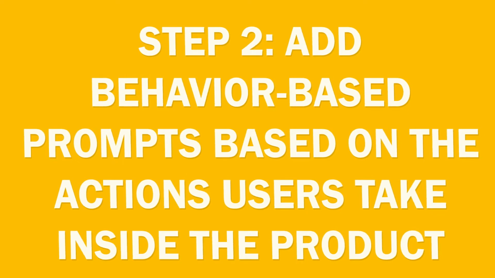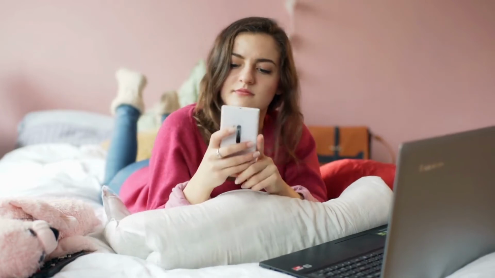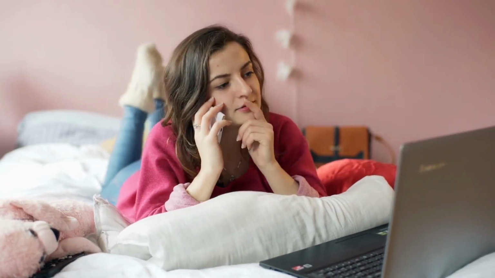After you have these key milestones in your straight line onboarding, the second step is to add behavior-based prompts based on the actions users have taken inside the product. Now, not all user journey are the same. One visitor could sign up for the product and then immediately become distracted by a phone call or a Twitter message. Others might sign up, play around with a few core features, and decide not to convert. By sending relevant emails filled with juicy content related to a user's specific needs, the product is kept at the top of mind and kickstarts their motivation to use it again.